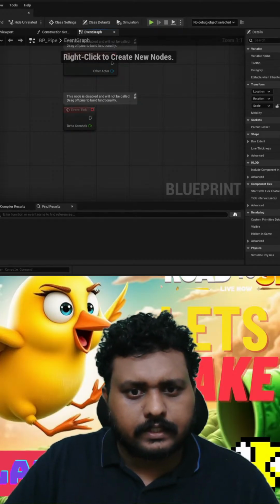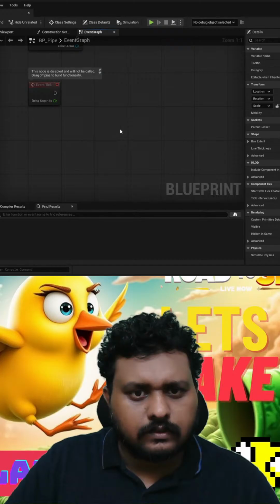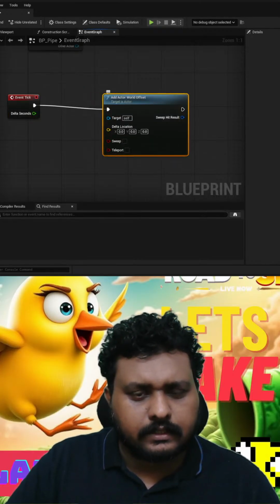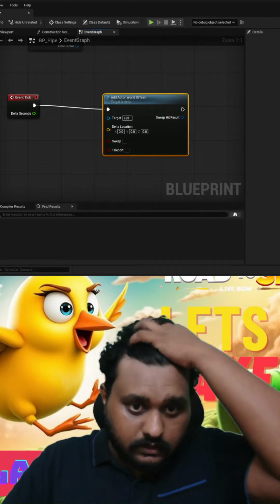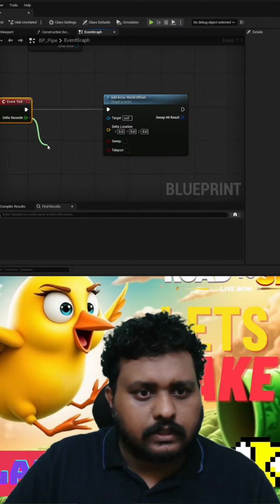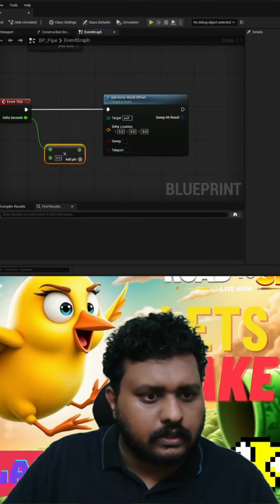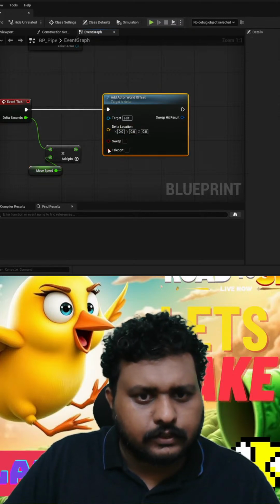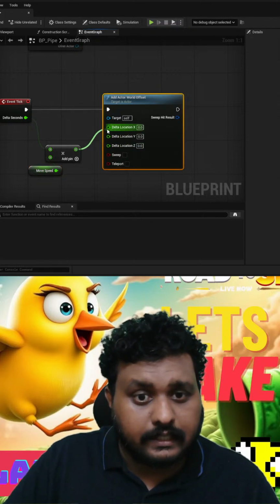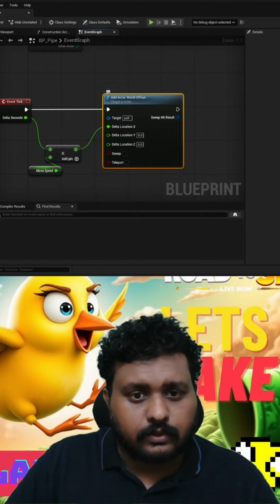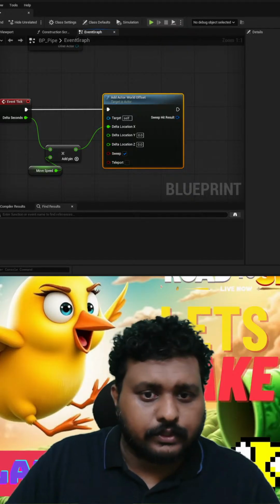I'm gonna create something called add actor world offset. So this should be a tick, and on the direction, I need get world delta seconds into move speed, and this should be actually going to the x location. Okay, the rest can be 0, that doesn't matter much. And then we put it to